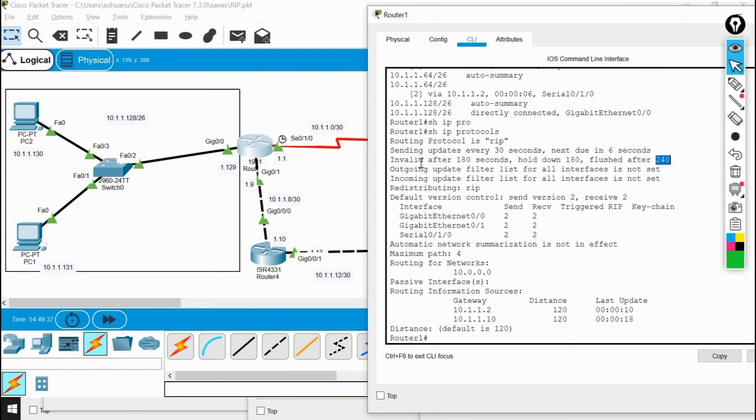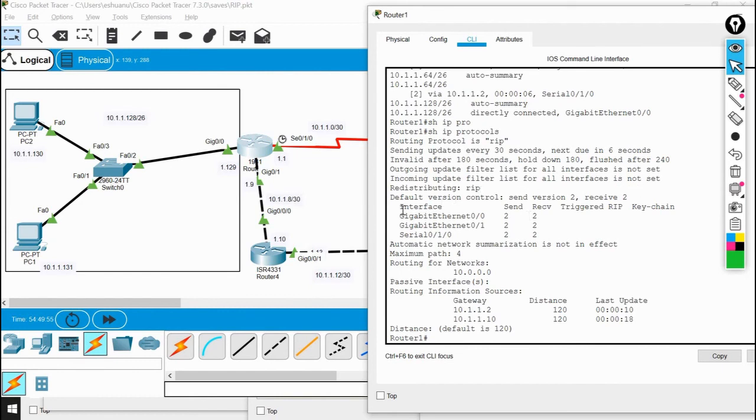Flushed is 240. Outgoing update filter list for all interfaces not set. Incoming update filter list for all interfaces also not set. Redistributing RIP, so there is no redistribution right now, just inside RIP only. And the default version control is okay.